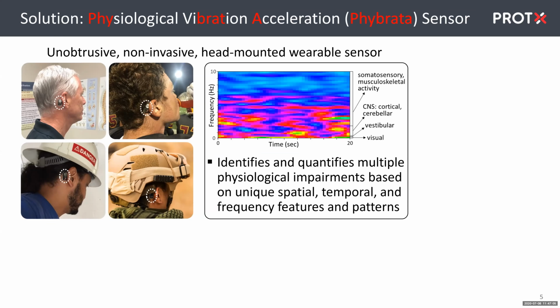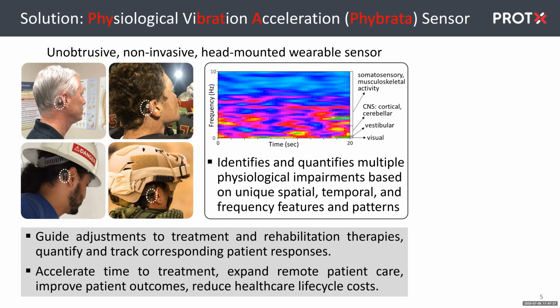And the tiny mass of this device and the fact that it's mounted in close proximity to the balance organs, the vestibular organs of your inner ear, allow the Vibrata sensor to detect features and patterns in normal and pathological motions of the human body at a level of detail that has not previously been observed, which allows for the first time the use of a non-invasive device to independently identify and quantify impairments to multiple physiological systems in the body,